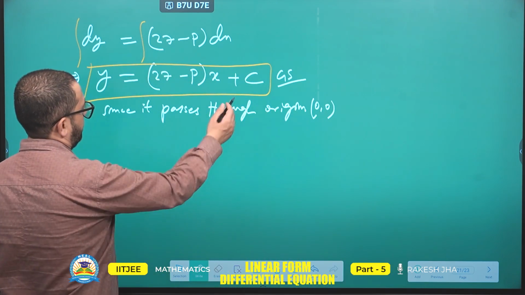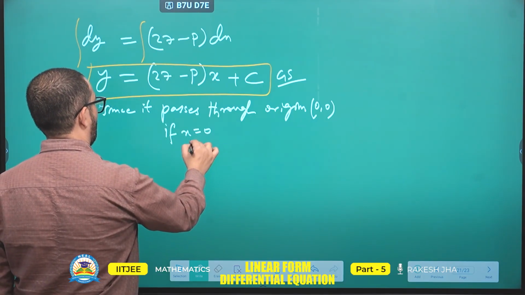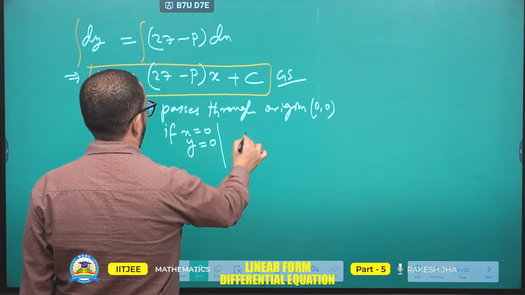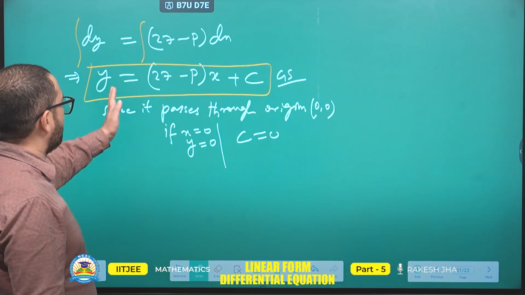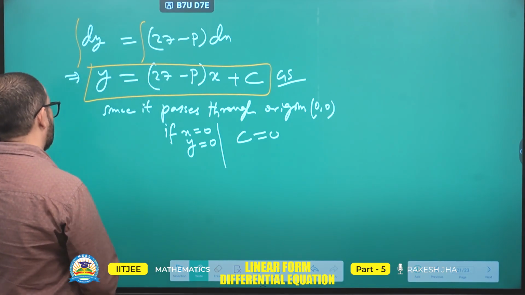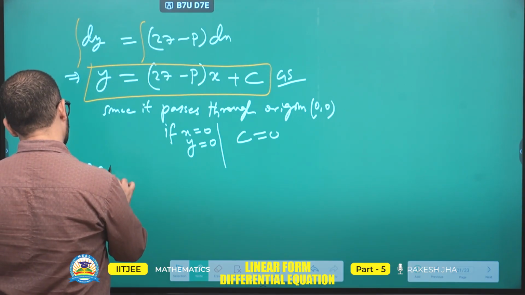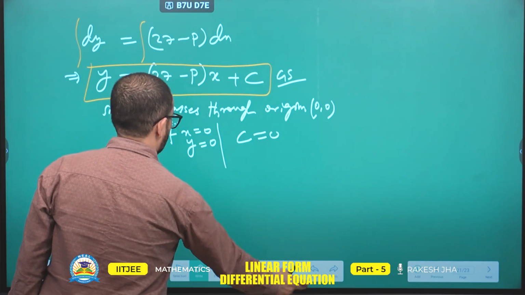We will find here, if x is equal to 0, y is equal to 0, then c will be equal to 0, because the left hand side is 0, right? Then c times 0 times anything is 0. So finally the general solution is, or let's say the particular solution in this case. So here the particular solution will be